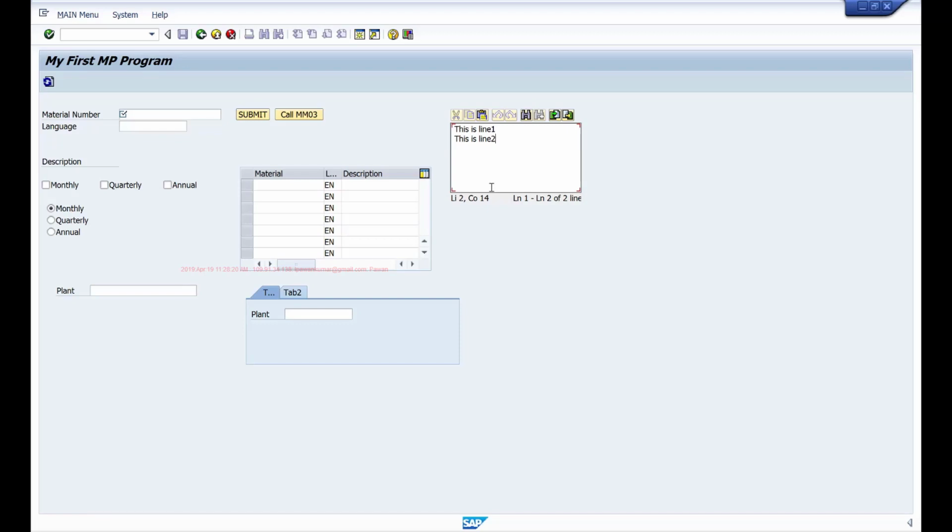If you want to show some logo on the screen, then you can load that logo in that container. And we also have this tree controller where you can show tree structure, and we also have this ALV grid. So when we discuss ALV reports, I'll also be showing you that ALV grid controller, how to use that ALV grid controller to display your report output. Okay, so that's about your containers.